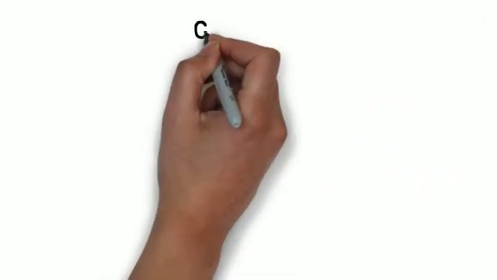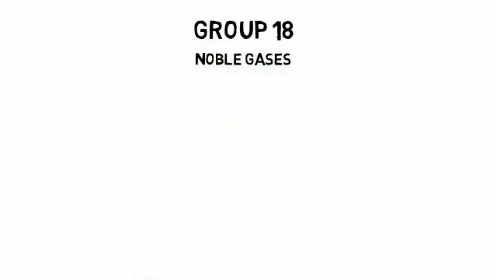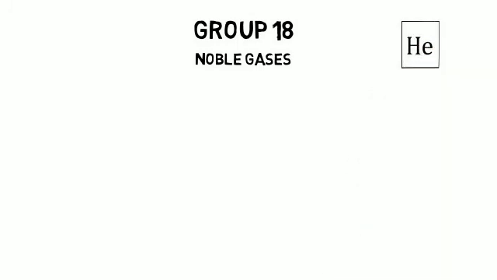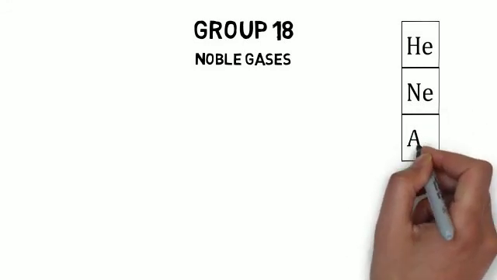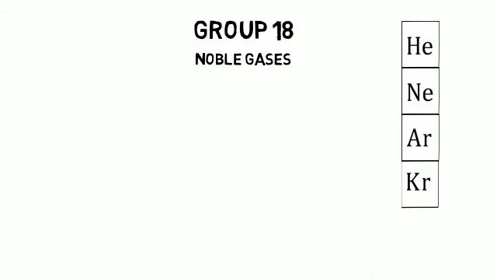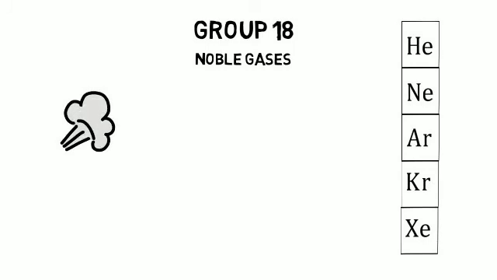The final group on our periodic table is group 18, and these are our noble gases. So these include the elements helium, neon, argon, krypton, not kryptonite, and xenon. Now, these are called noble gases for a reason because every other element on the periodic table wants to be like them, and